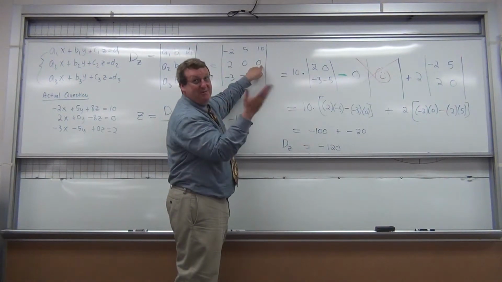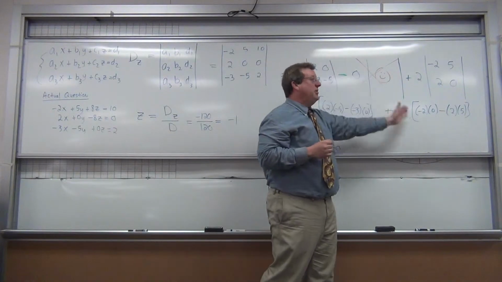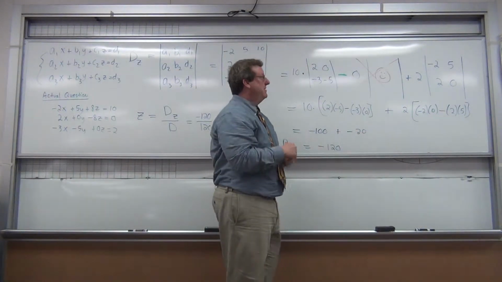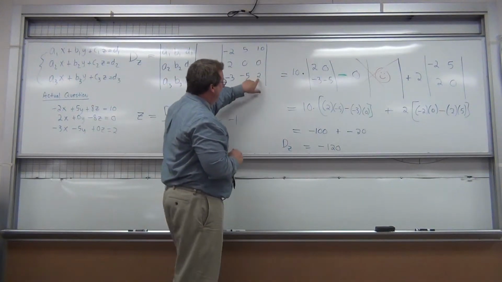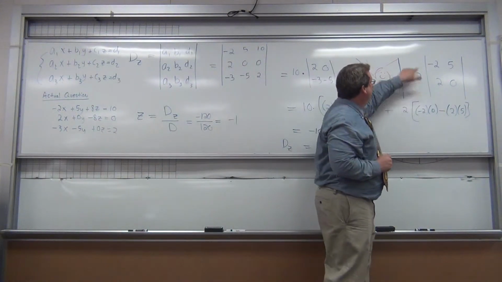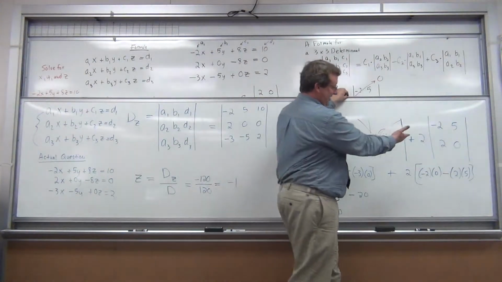Notice that anytime a 0 comes in and you're expanding across this column, oh, how beautiful is that? You don't even have to worry about it. You know it goes away. 0 times anything is 0. Well, let's look at this. We expand across 2 right here. We called it C3, or the bottom right. We expand across it,